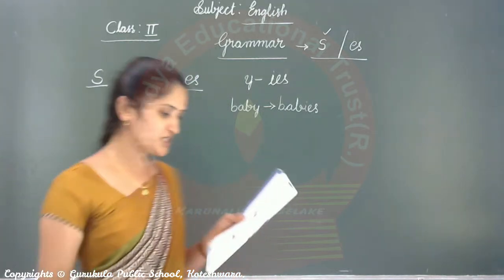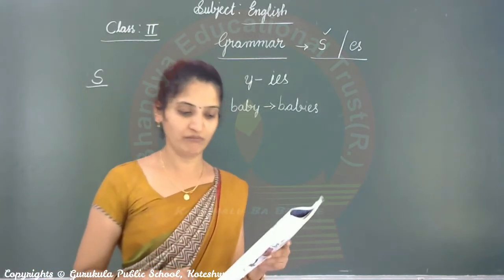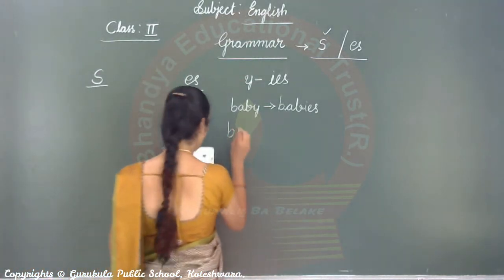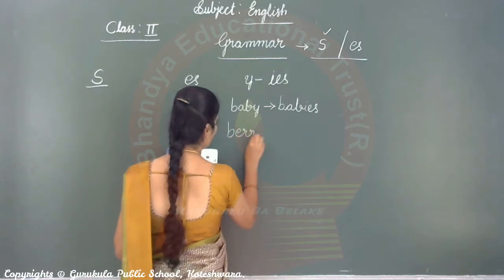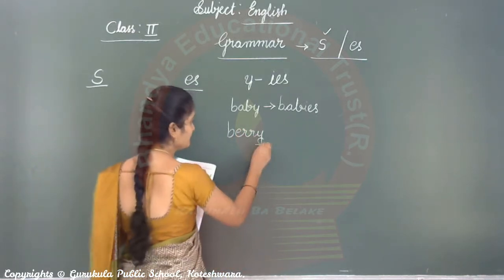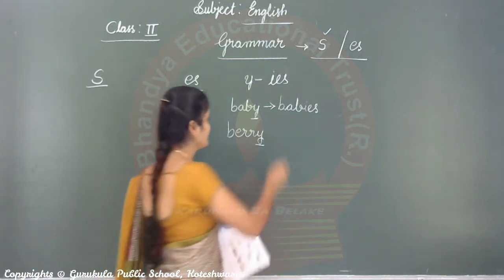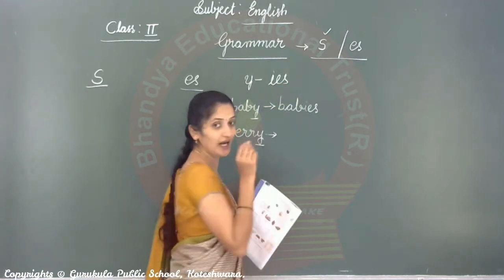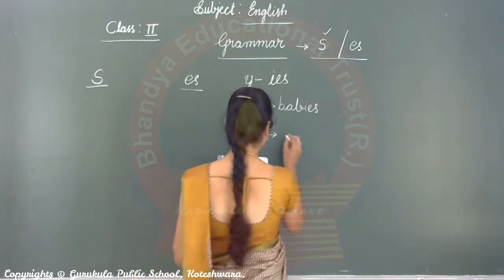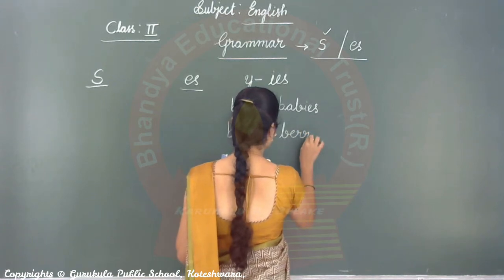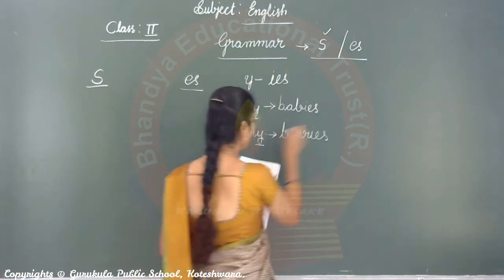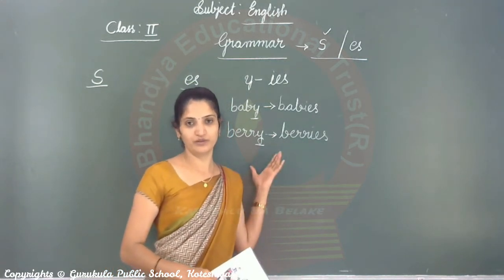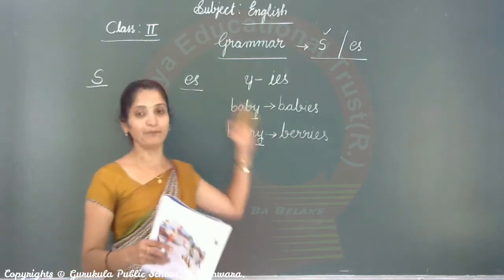Okay. Then come to next. Berry. Berry picture they give. More than one. See, berry means which letter is at the end of the word? Y, right? Y is the end letter. Here also, which one must you add? Berries means which one you add? IES. B-E-R-R-I-E-S. Remove this Y and add IES. This is the plural form of this word. Berry, berries. Baby, babies. Like that.